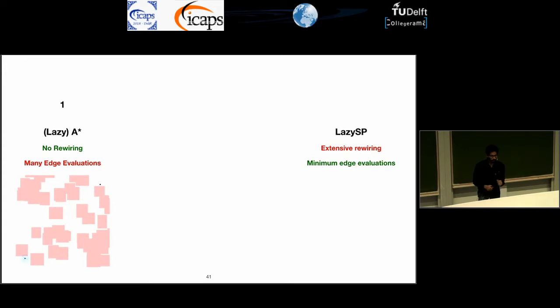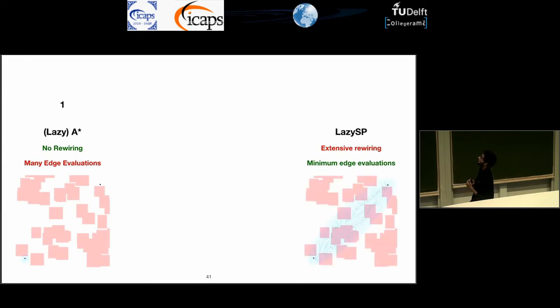This can be seen in the size of the search tree that is being built using the lazy estimates. Lazy A* does just one step look ahead. So it builds the search tree one step, expands a node, and evaluates, while lazy SP pushes its search tree all the way to the goal. And we introduced the notion of look ahead to generalize this concept